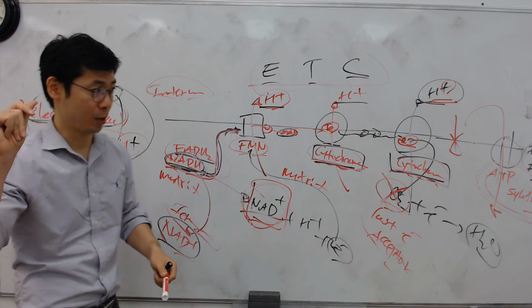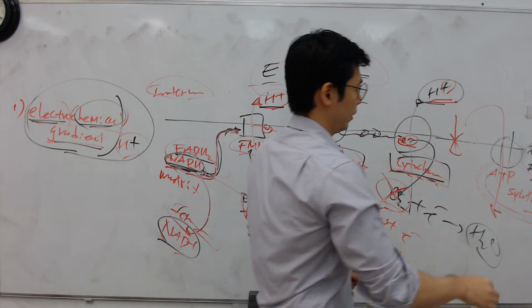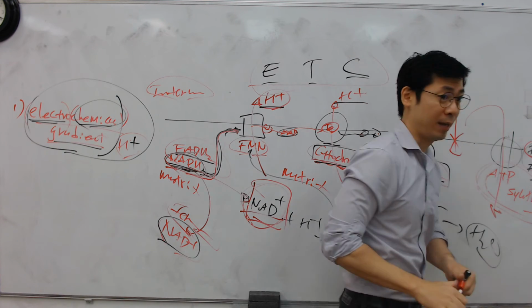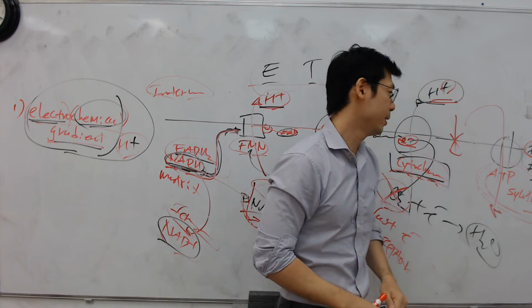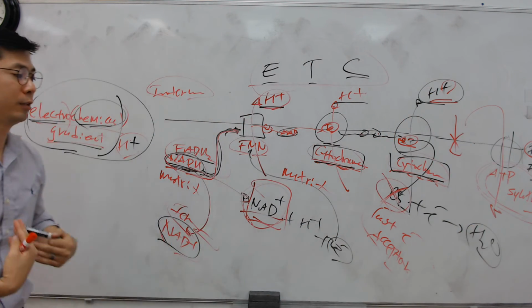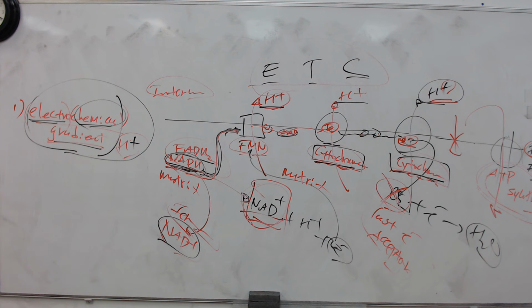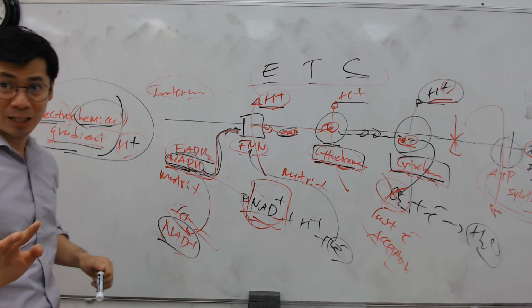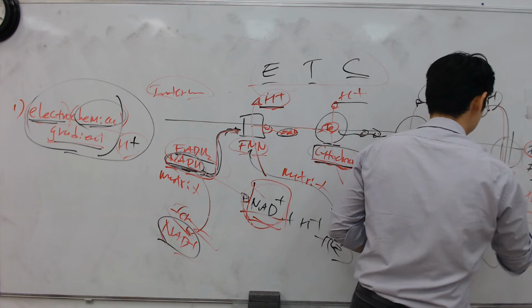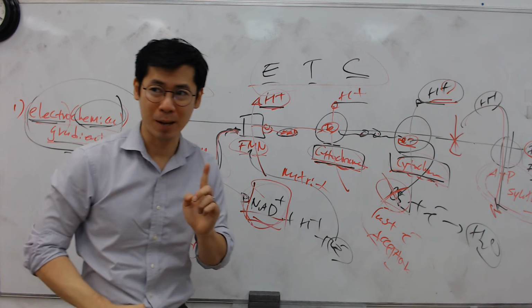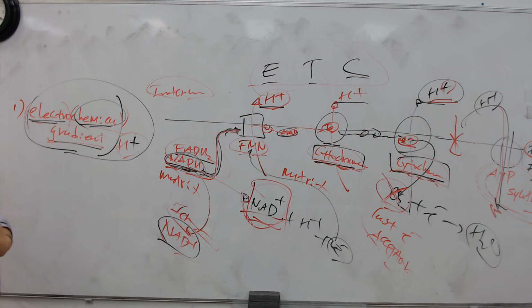It opens the channel, guys. So F0 opens the channel, okay? And at F0, the protein turns like a turbine, okay? And then using the energy of the electrochemical gradient, they'll produce ATP. You gotta understand, when the H plus comes in, they have a special name for this. It's called chemiosmosis.